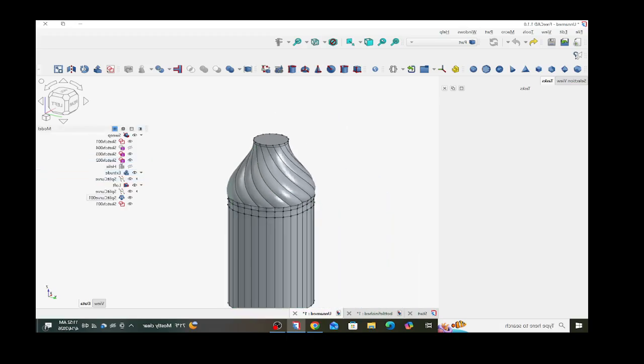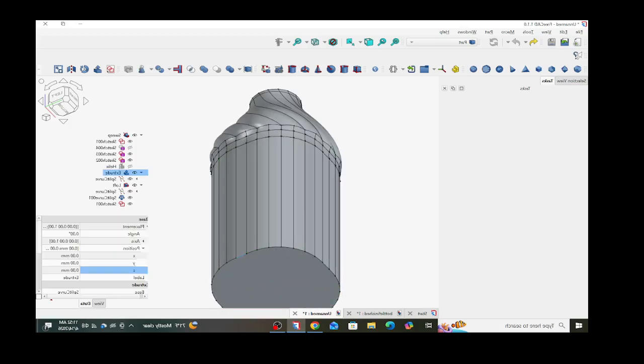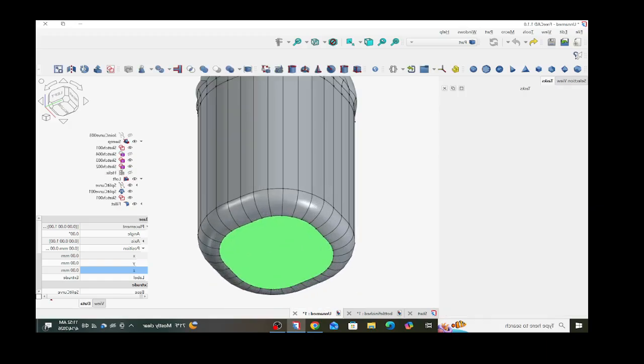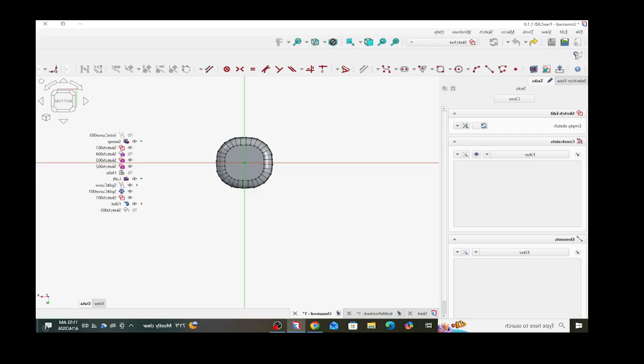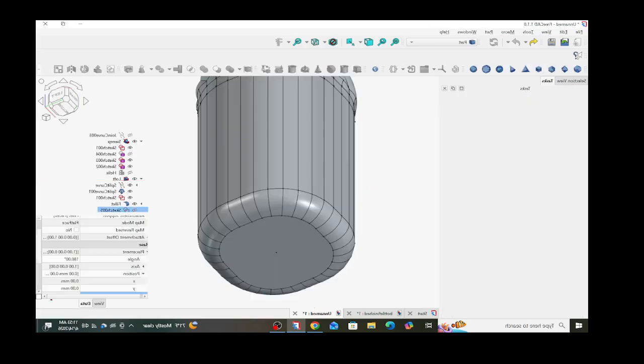Alright, so we're just about done. I'm going to create a fillet on the bottom of 10 millimeters. Create a new sketch on the bottom. I'm going to create a point right on the center axis and close it. There might be a better way of doing this, but